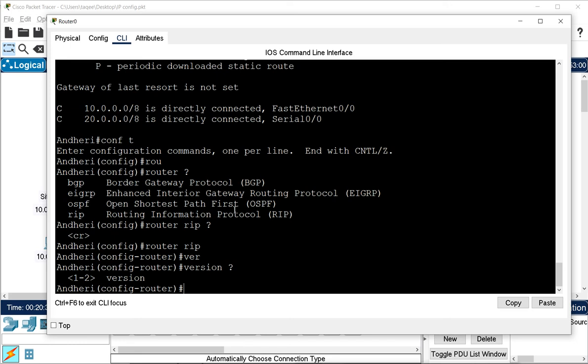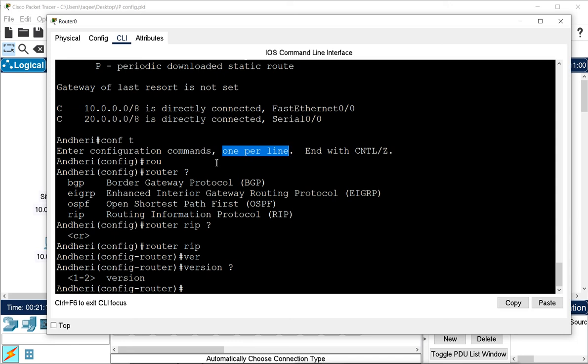Not connected networks, that means within our routing domain, whatever networks we have, we have to mention all of them one by one, because in config mode you can run only one command per line. So you have to mention all the networks manually in static routing. If you suppose in your routing domain you have 100 networks, then you have to mention each and every network one by one, and that is why it is not easy to configure and manage static routing.